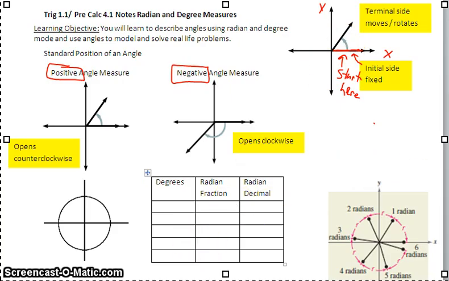But then the other side of your angle, this side here, this is the side that moves. You stop it when you get to the measure that you're looking for. That's called the terminal side. Okay, so that we all draw these angles the same way, we need to draw the initial and the terminal side, and then we draw an arrowhead to show the direction that this opens. So we could see from this one that this would be an angle that is positive because it opens counterclockwise. So if I asked you